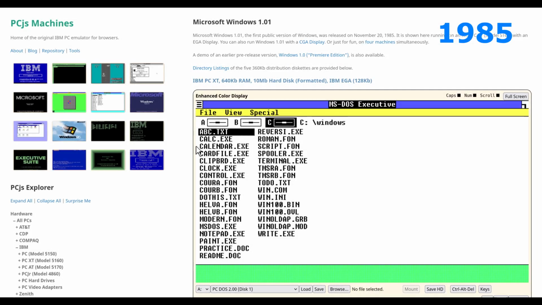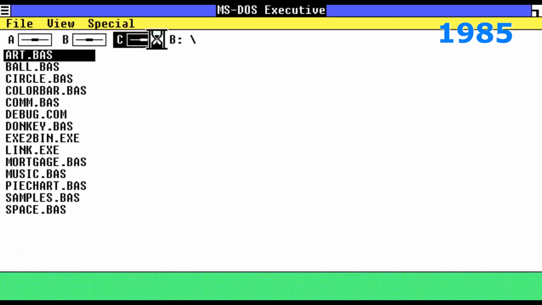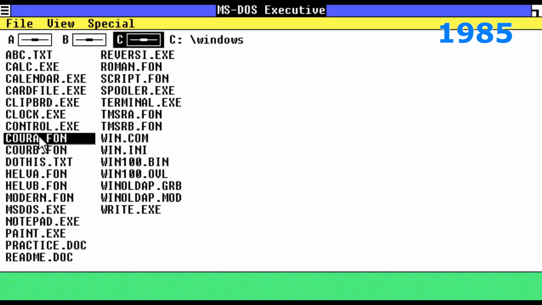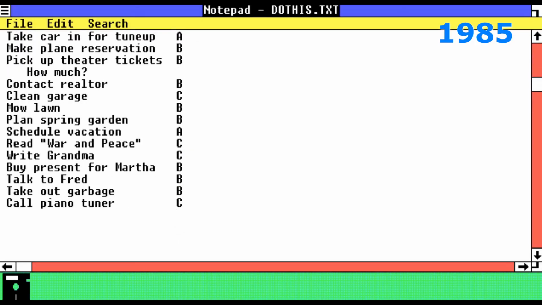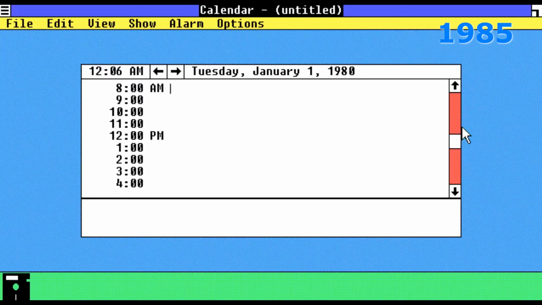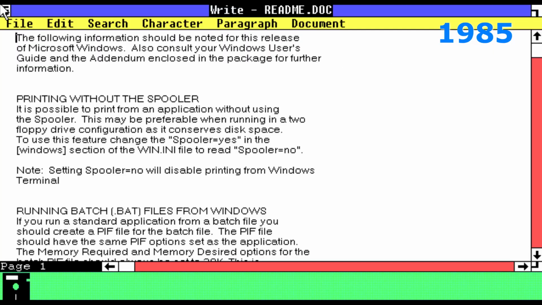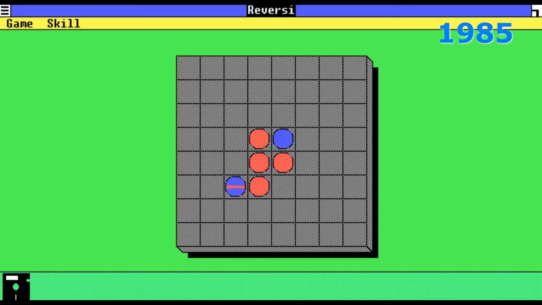I actually found that the earliest Windows editions can be run in a browser. I leave a link down below. You are greeted with a file manager called the MS-DOS Executive, which just lists everything on the device. Here you can open any saved programs or launch applications. There already are some familiar programs: Calculator, Notepad and Paint for bitmap images. You also get a calendar for scheduling, a full-screen analog clock, and a document editor simply called Write. There is Reversi as a built-in game.